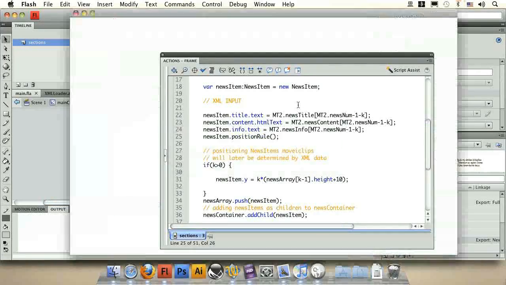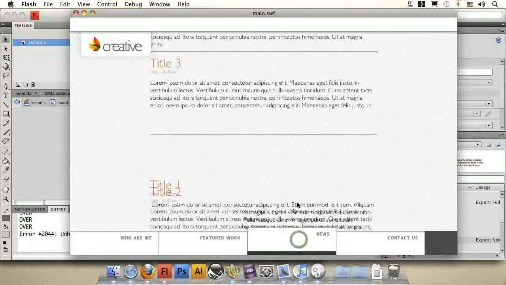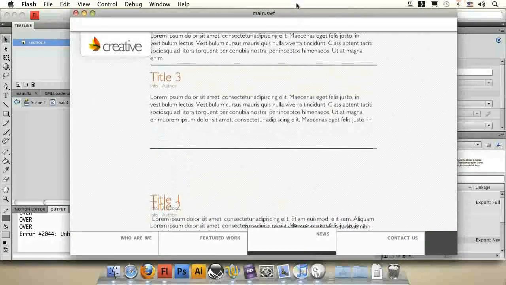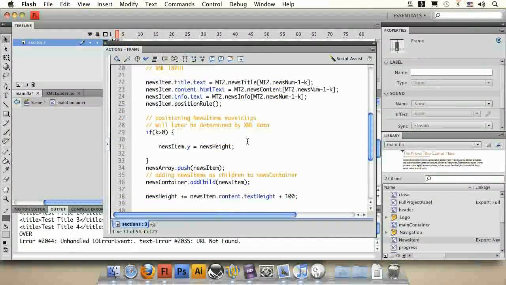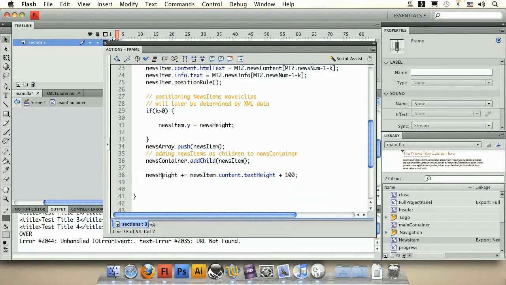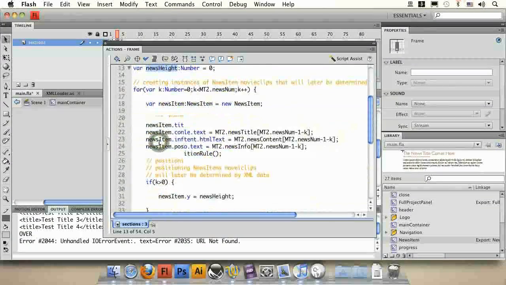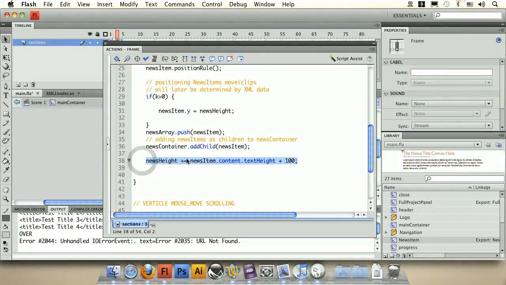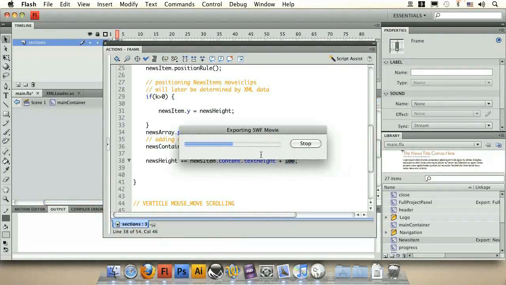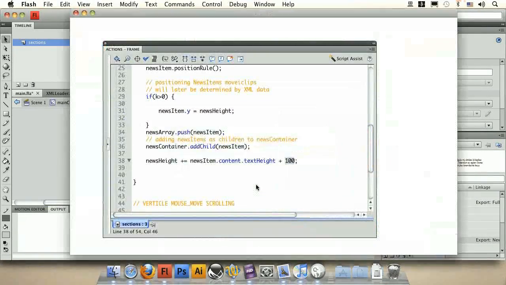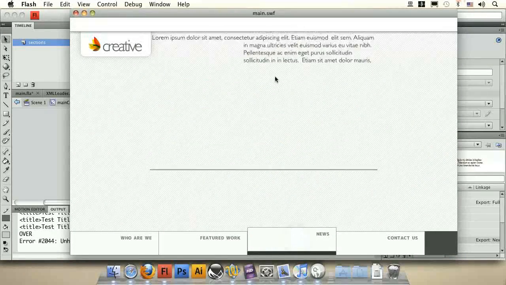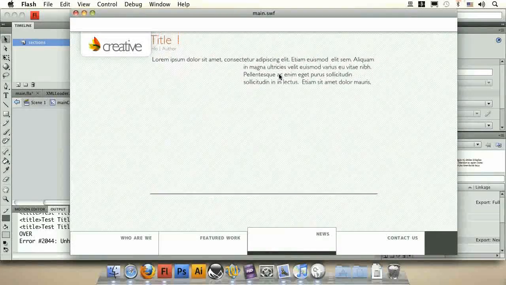Okay, so running that we'll see the whole thing working, but there will be a problem, and the problem comes in the form of positioning. So let's fix it right now. And to fix it, I've created this news height variable up here. And we actually keep adding to this value the height of our current content plus 100, which is everything else. So if we look at the way that things stand now, it hasn't loaded the XML again for an unknown reason, and the height of our text is actually